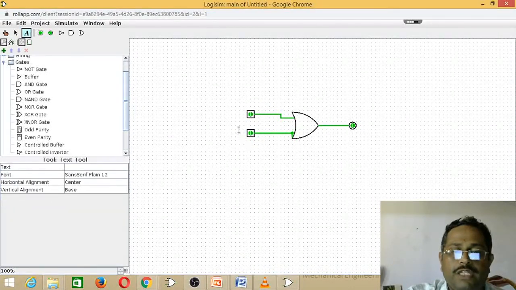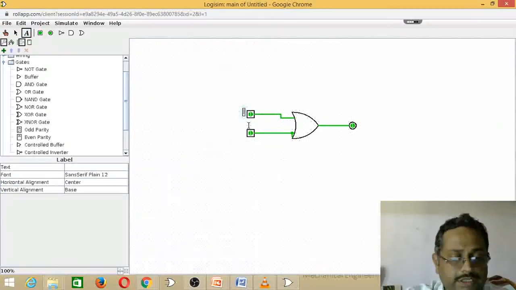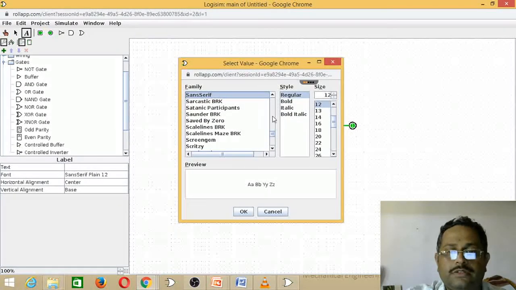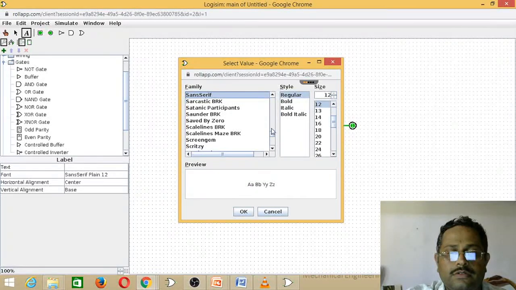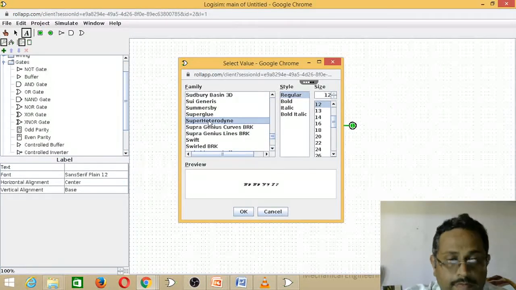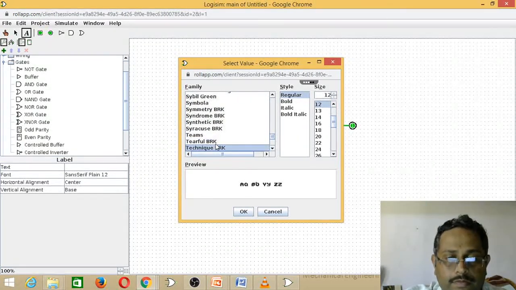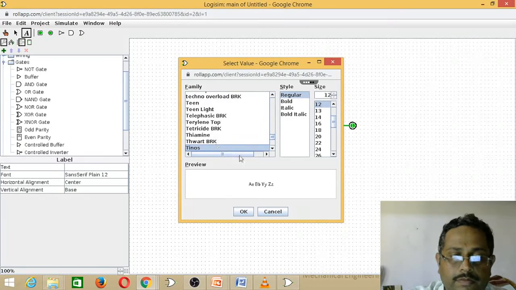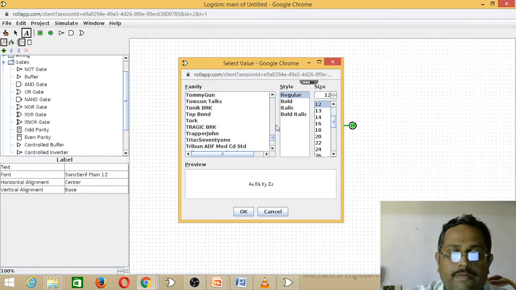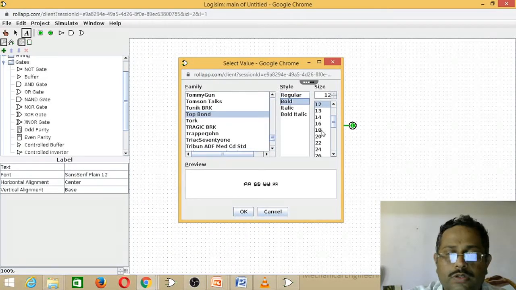It is A, change the text style, bold and text size.